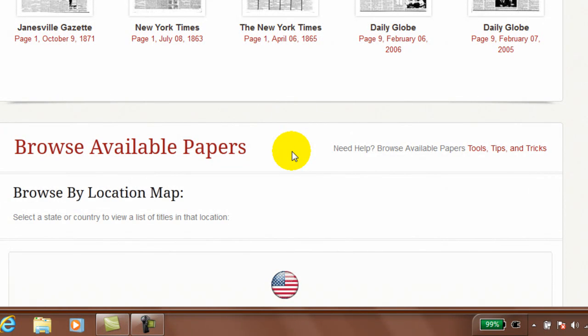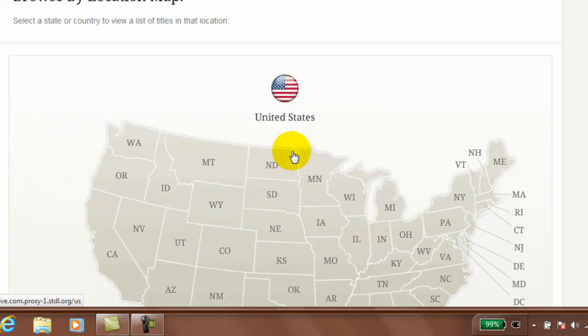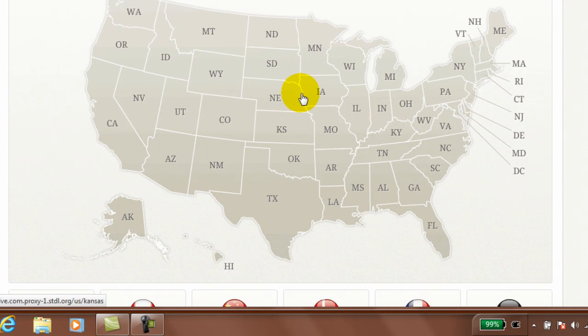So that's what I definitely want to show you, at least by showing you what's available on the screen here. As you scroll down, you're going to see a map of the United States. For my purposes in this screencast, we're just going to focus on Illinois, but anybody who needs other states for their genealogical research can click on those and also see. If I click on the Illinois state representation there,